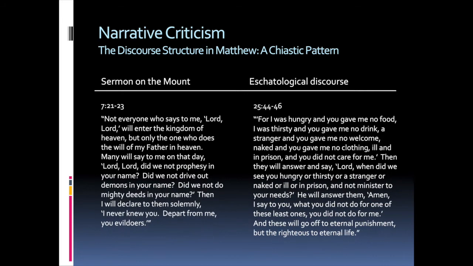Here is a second example from the Sermon on the Mount. Again, you're going to pause the video to see if you notice any similarities between the passage on the left, which is the end of the Sermon on the Mount, and this passage in the eschatological discourse, the closing of the judgment parable. So here, what I see is this motif of people saying, "Lord, Lord,"